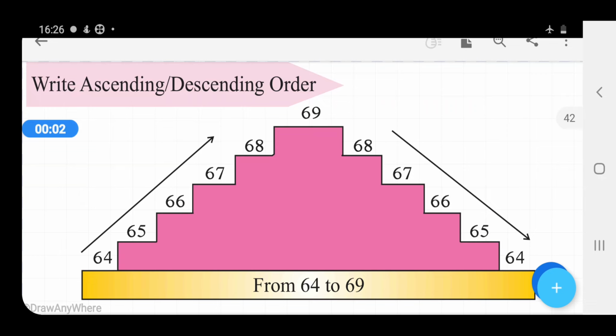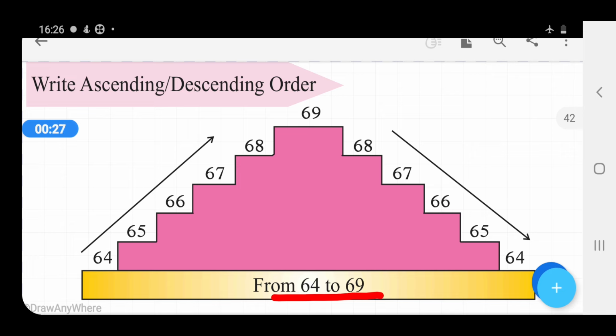Students, good morning. Now we will learn your math subject of second class. Open your books please and open page number 36. Okay, students, you can see in this given picture we have been given numbers from 64 to 69, and